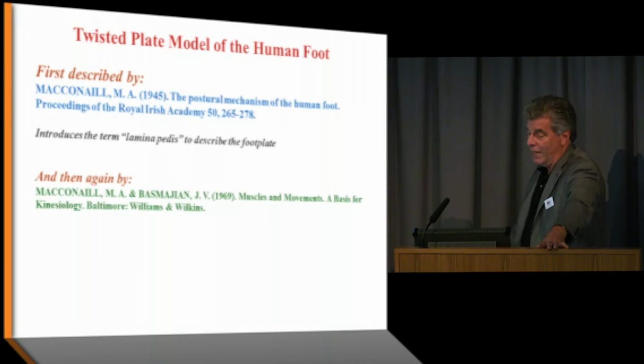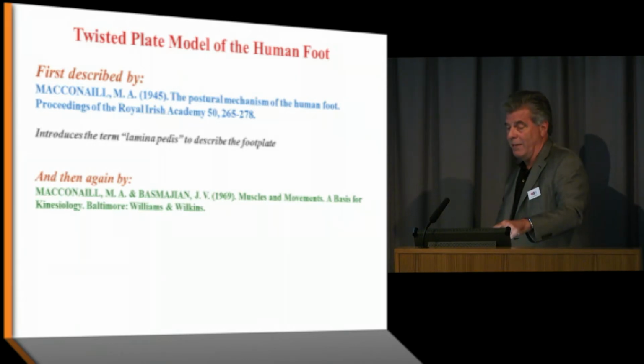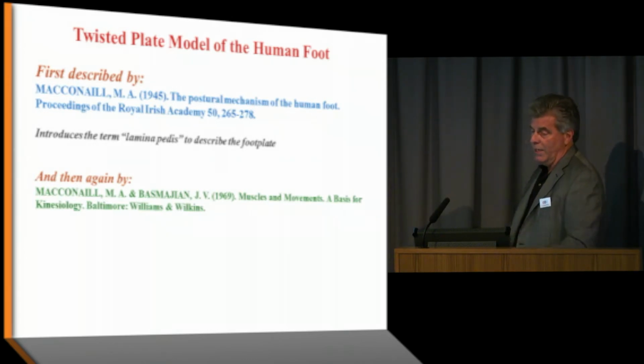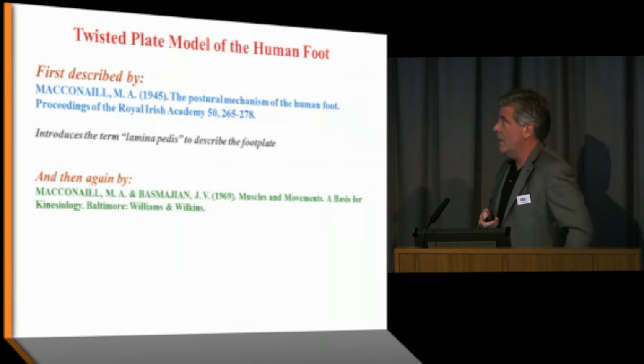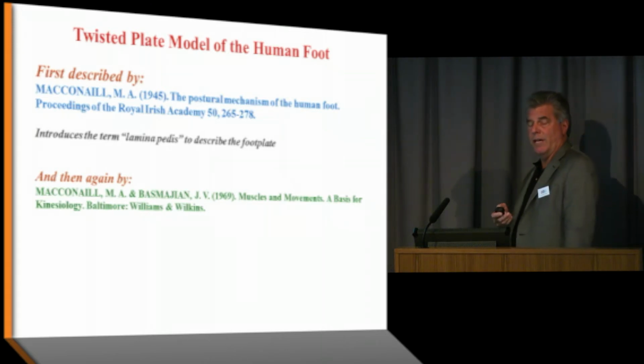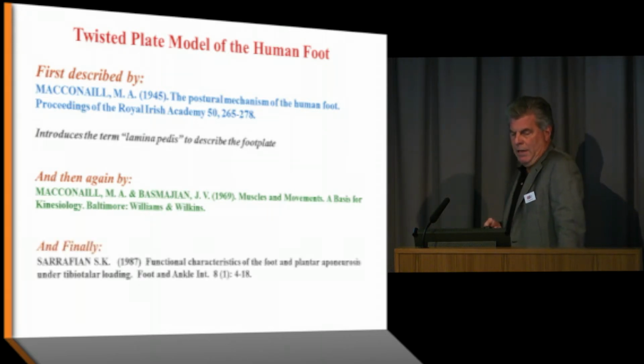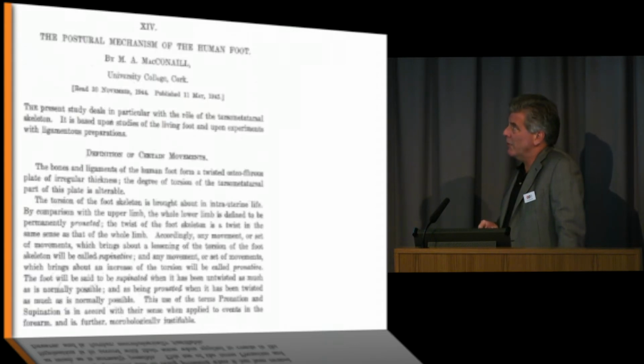Later, McConnell, and much later, it's quite interesting, the paper was 1945. 20 years later, he teams up with Basmagian, who's an eminent electrophysiologist and EMG guy, and they wrote a book in 1969 talking about muscles and movement, and McConnell and Basmagian talked again about the twisted plate. And then finally, Serafian brings this up again in his article in 1987, and it's also in his textbook. But here's McConnell's paper,